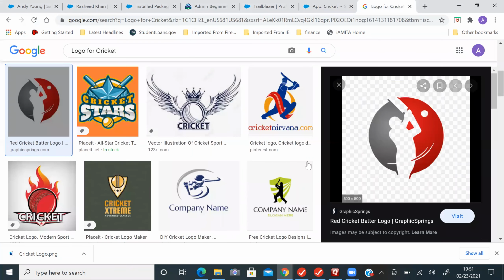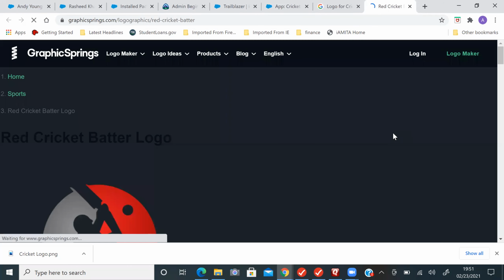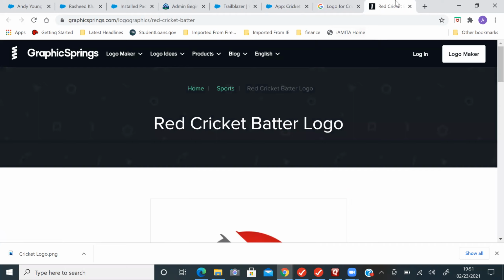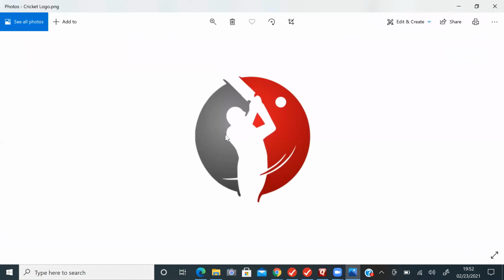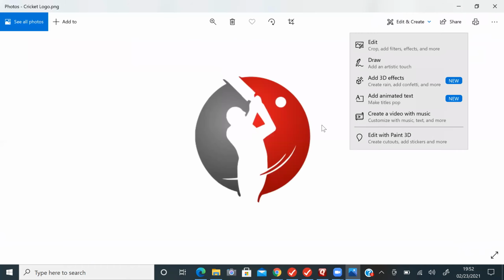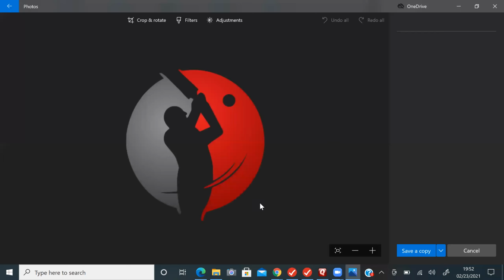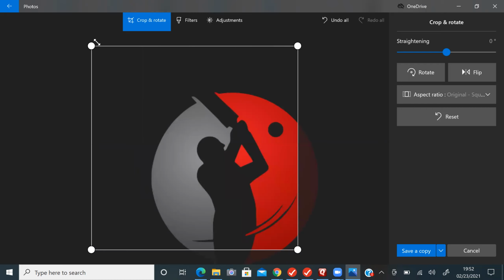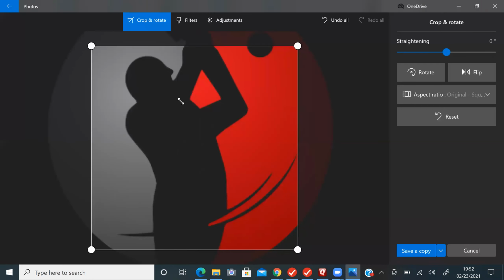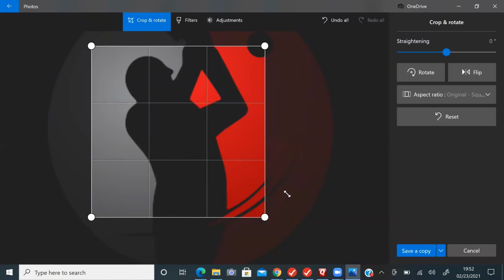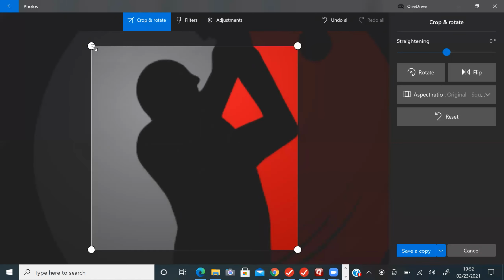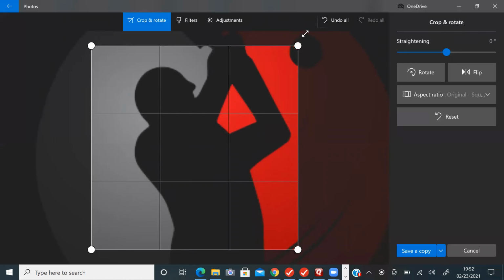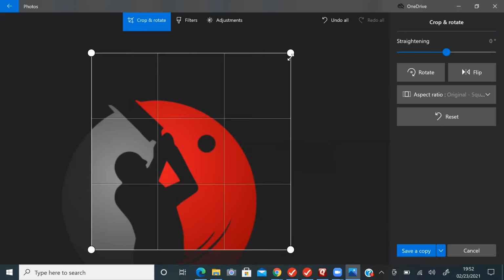So maybe we can take something smaller, or maybe we can reduce this image, right? Where is that image? Hopefully it will take now, or maybe not.